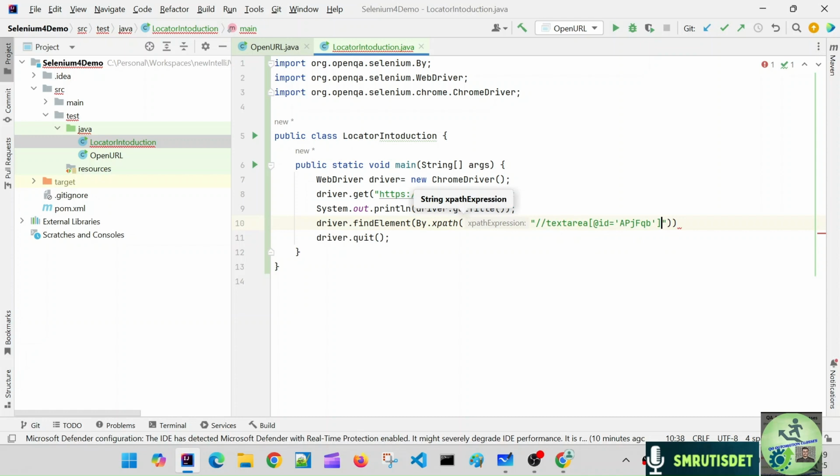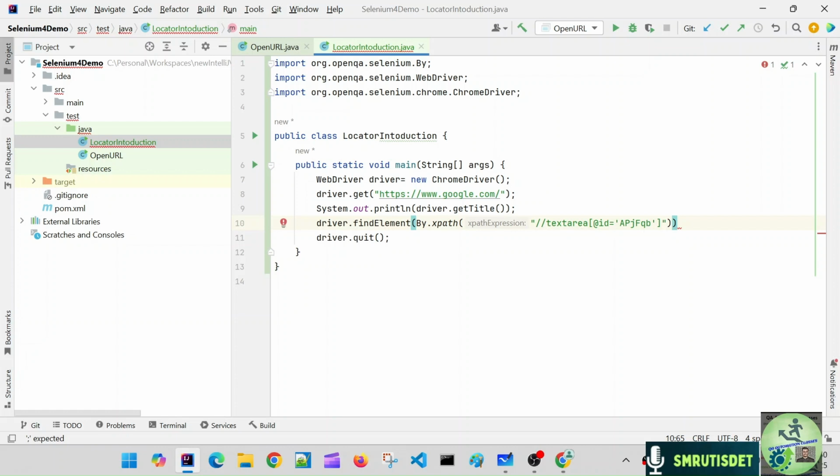Okay, we got this, but what to do? Driver.find element by XPath, what is it going to return? If you see, the find element is going to return a web element, or org.openqa.selenium.WebElement. Now we have to store it. You can say WebElement, and the name of the element is the search bar. So I can say search bar equals this, and then if I want to see if it is displayed or not,